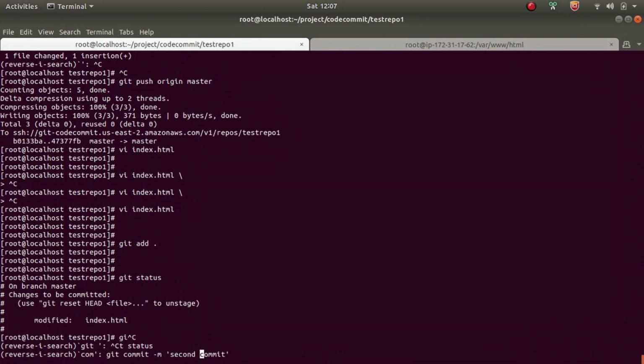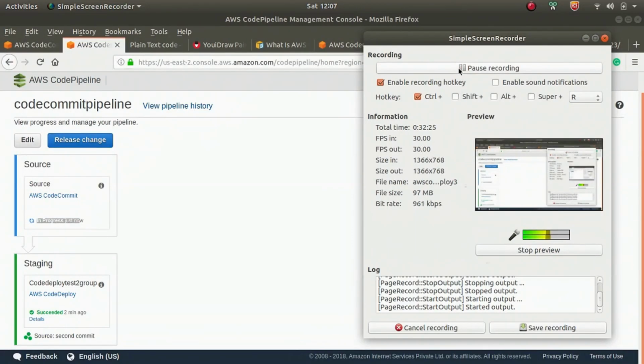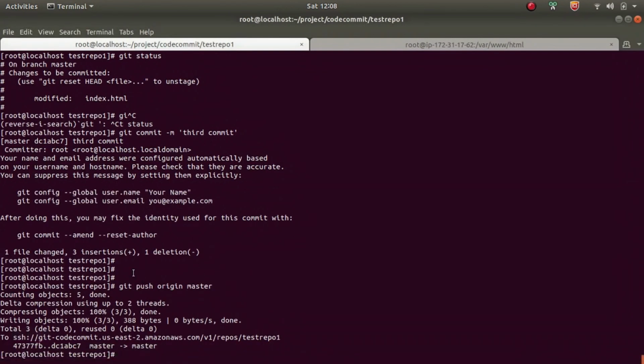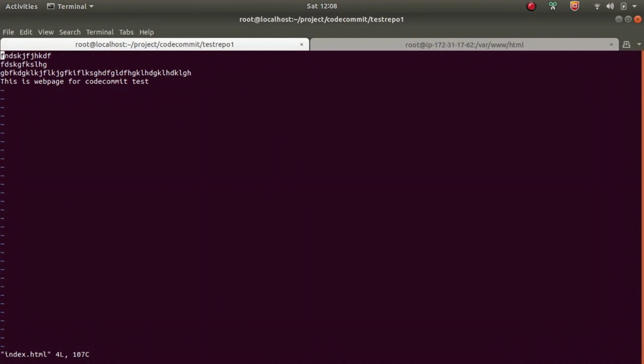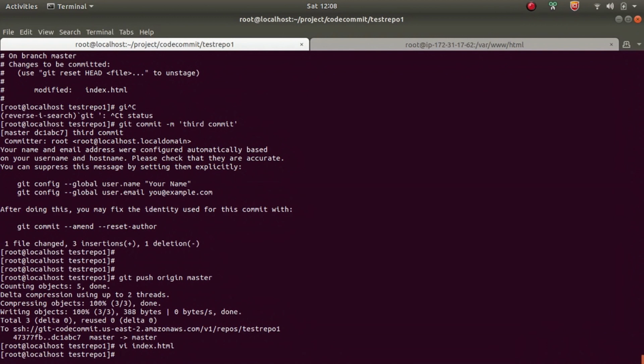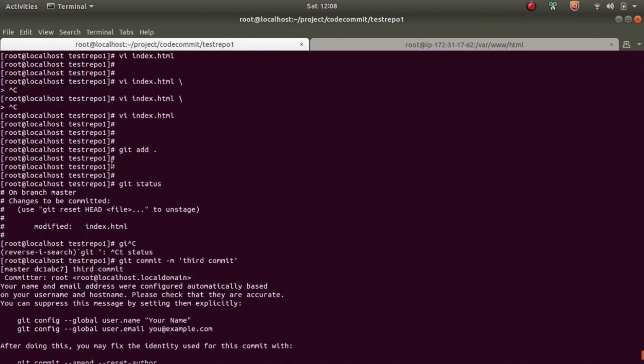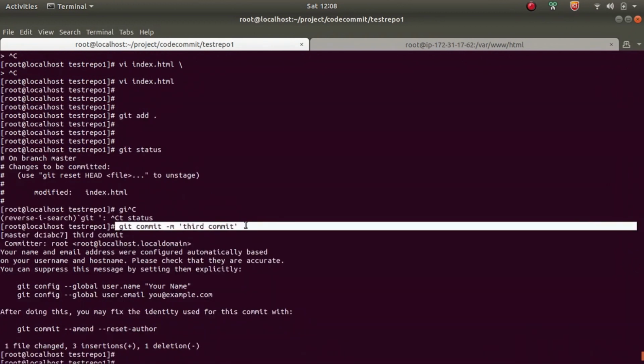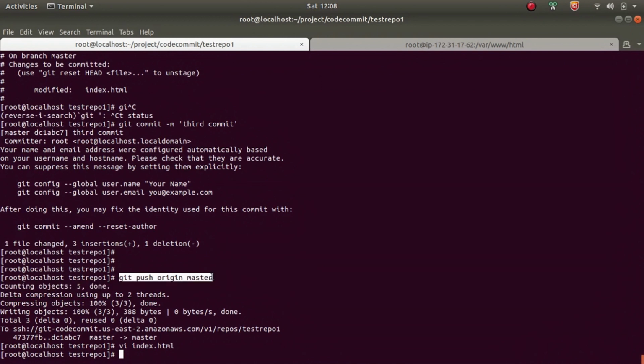Git commit. When we do some changes here in the index.html, follow these steps: add this to the local, git status to check the status, and then commit again and push this commit.